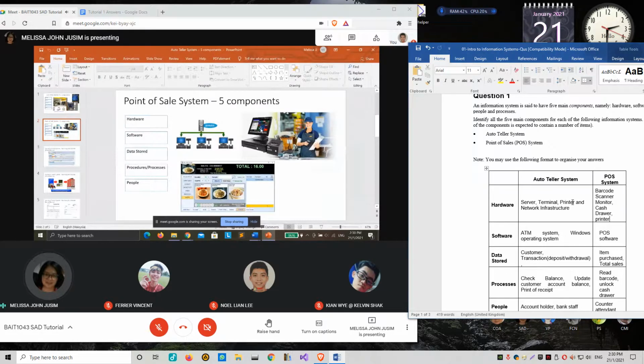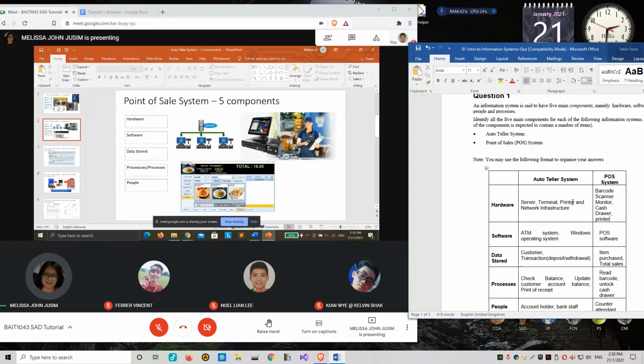But if you're talking about, say, the 5 components of an accounting system, then it will be used by that particular employee, the accounting clerk. So you need to mention that we need a set of PC, monitor, keyboard, printer, right? But in this case, it's a point of sale system, so just mention the terminal.